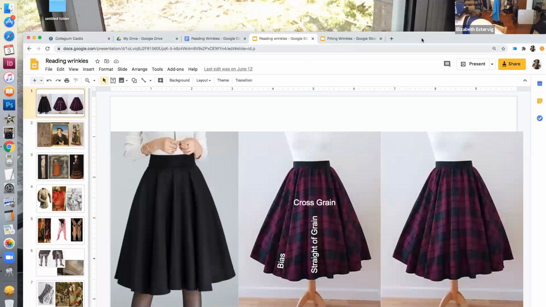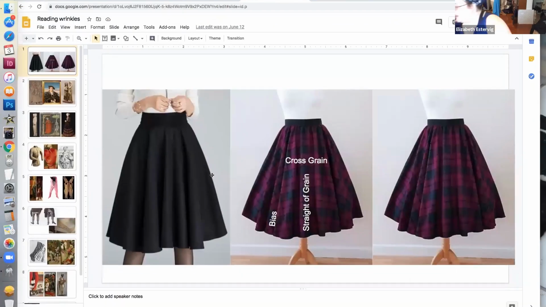And we're going to go over, so let's first talk about, remember when we were talking about grain line, right? So one of the great things about plaid circle skirts is it has all of the grain lines and you can see them clearly. So you see how in the hem here, the wrinkles of how it falls is not even, right? Now, if this were on the straight of grain around the hem, or if this was a rectangular construction or a